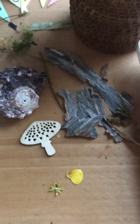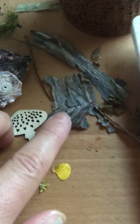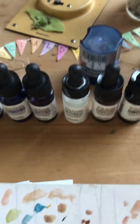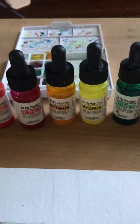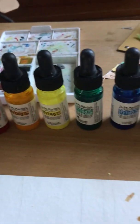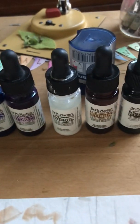And on my desk, sometimes I use wasps' nests, because they're such beautiful paper, right there. And then pressed flowers and other things I find. These are the watercolor paints I use. They are Dr. P.H. Martin's Hydrus, and they are wonderful watercolors. They are light fast and archival,